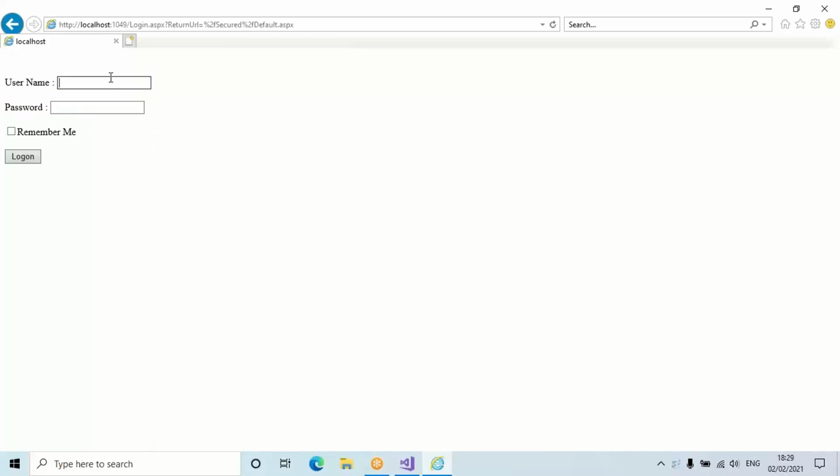Now click on this. Yes. Username user1, password p1, log on. Error, it is. Invalid username and password. If I make this username correct, U1, password P1, now if I log on,